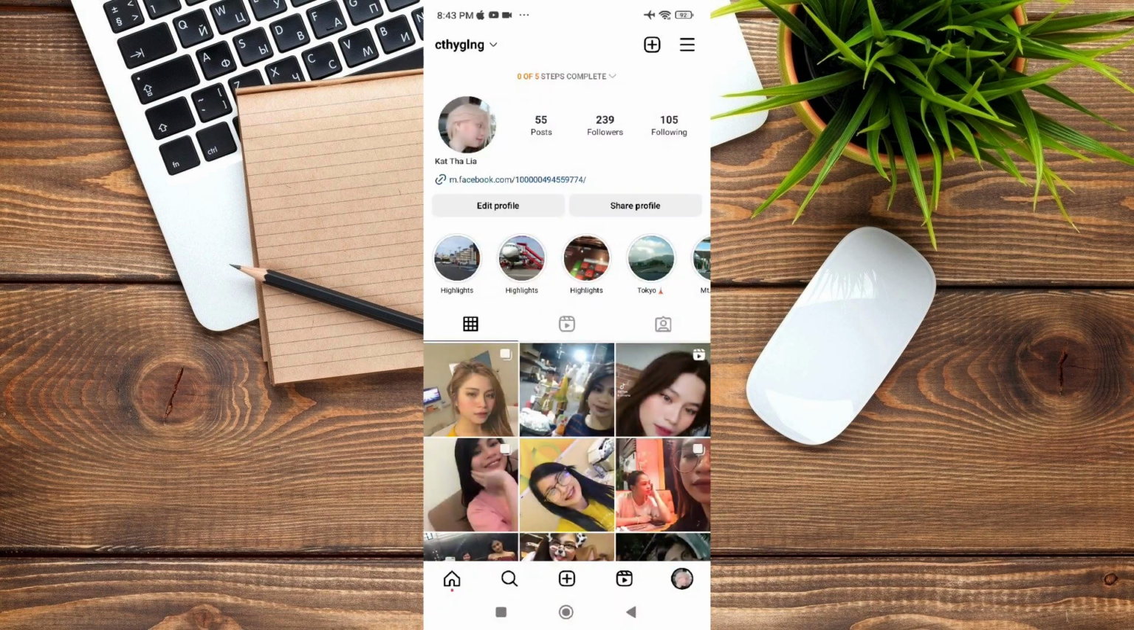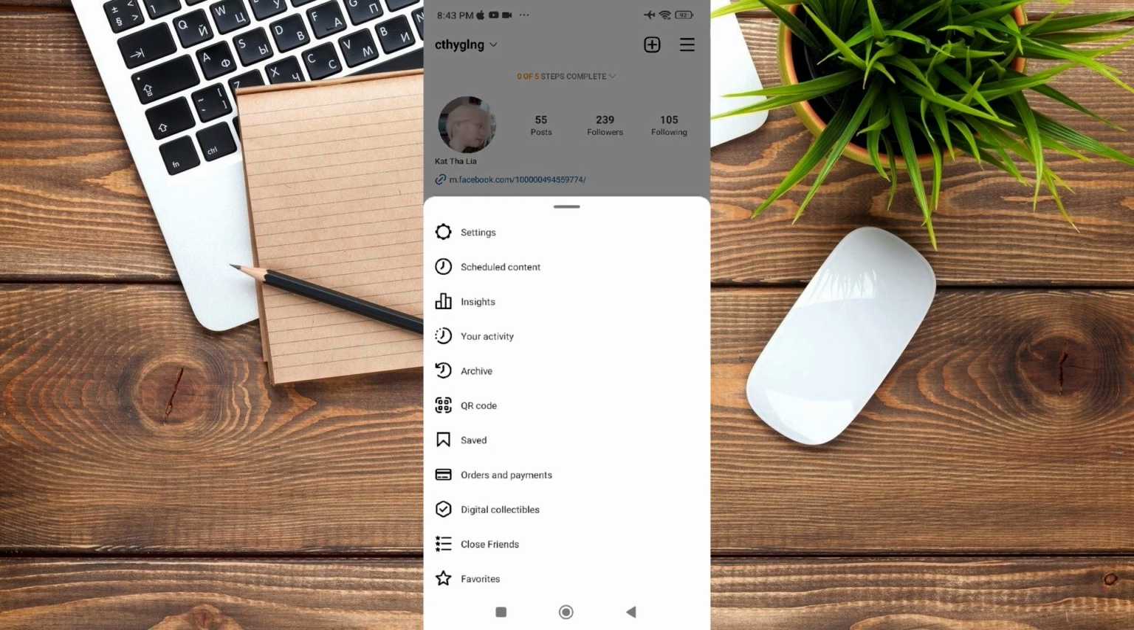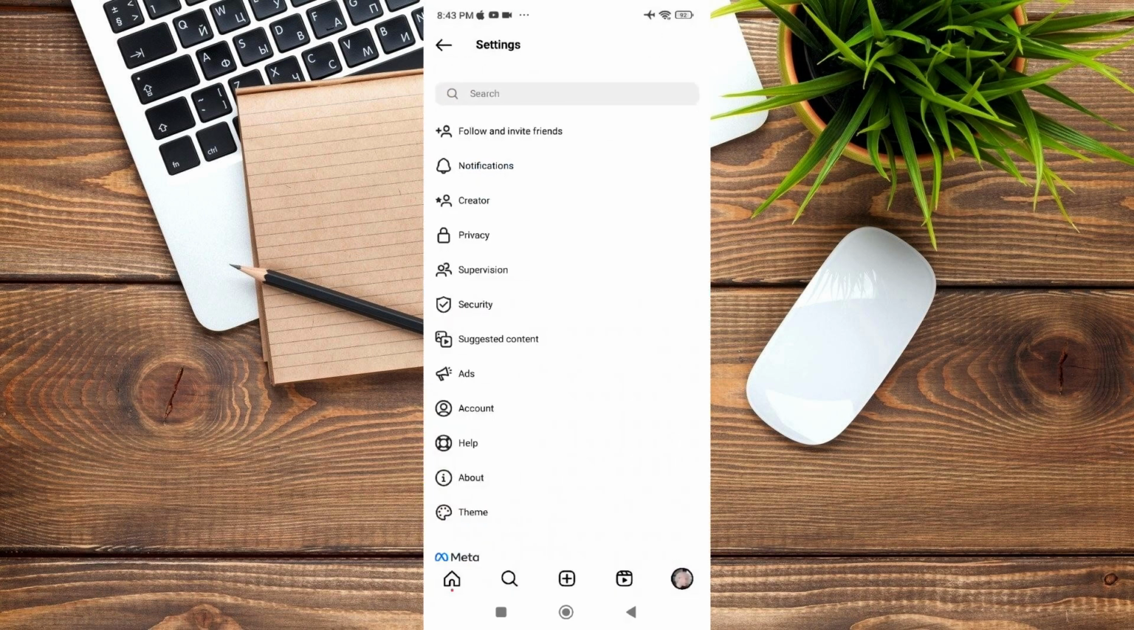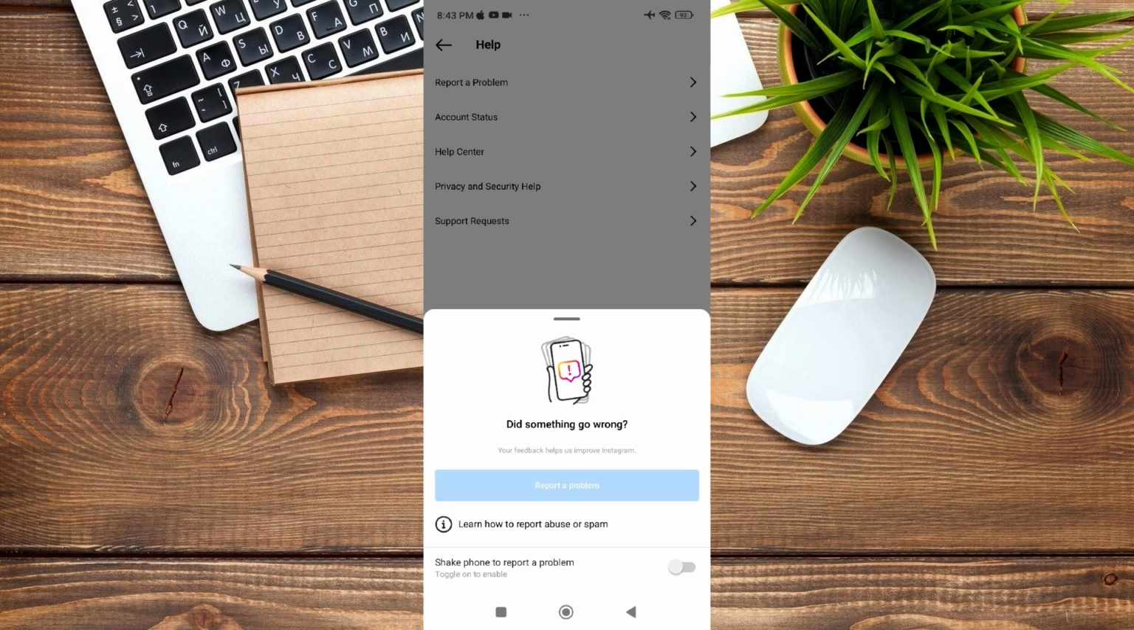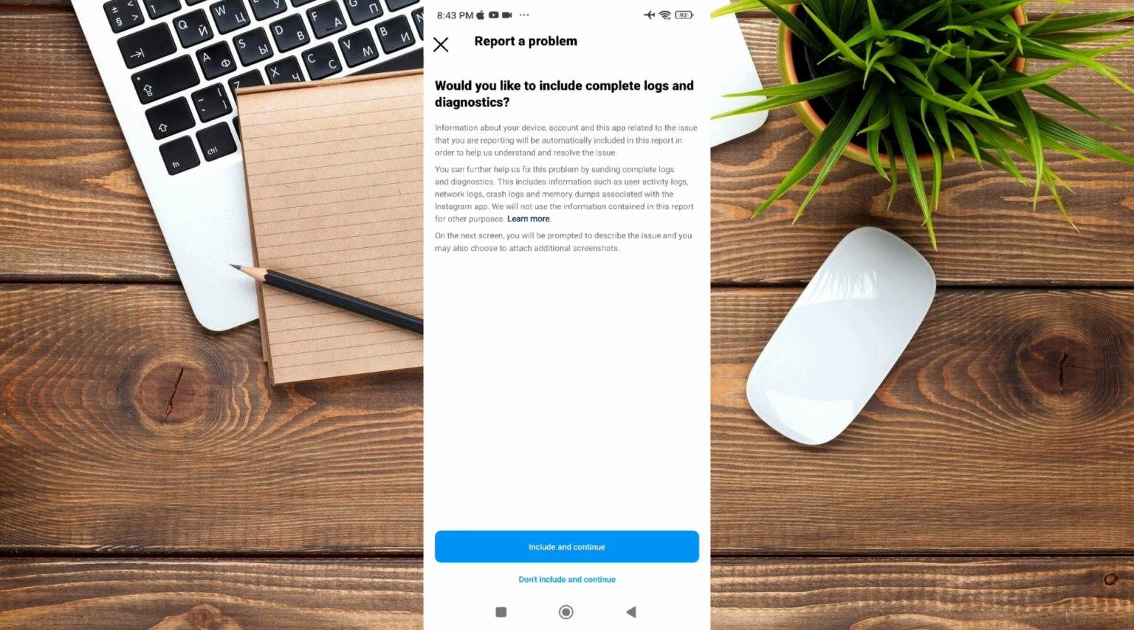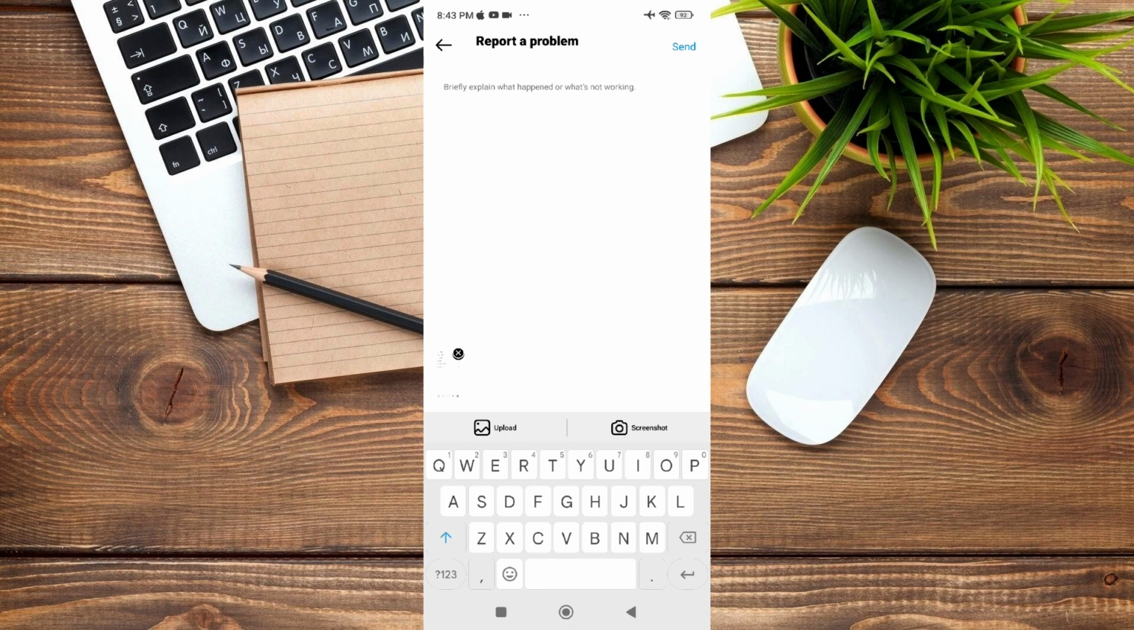You go to your profile, go to the three lines in the upper right corner, go to settings, then go to help because you want to ask for help for this one, and then go to report a problem. Okay, all right, so include and continue. So you just need to type there: hello, please help me fix the problem